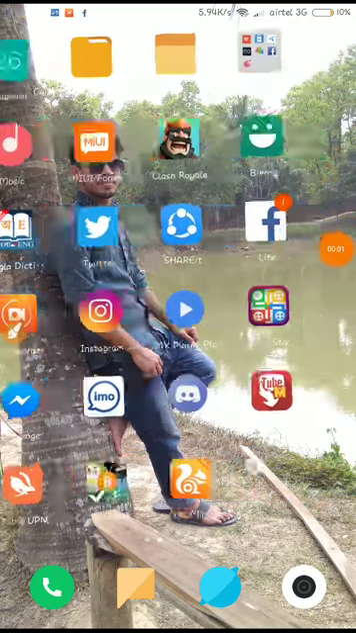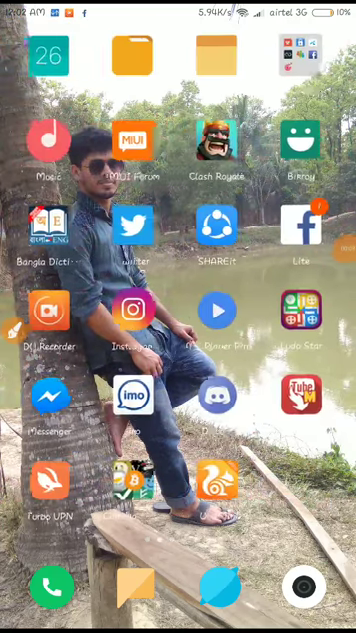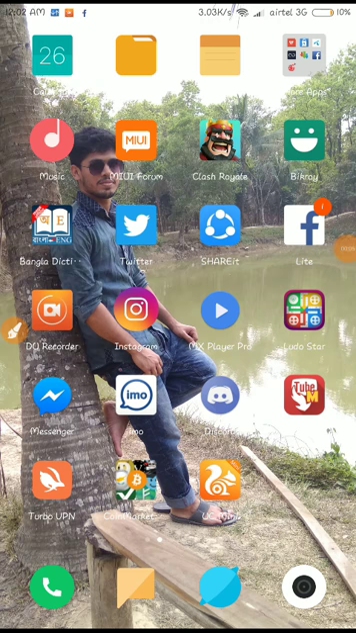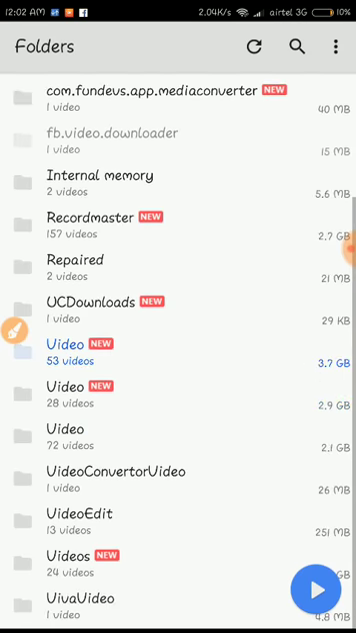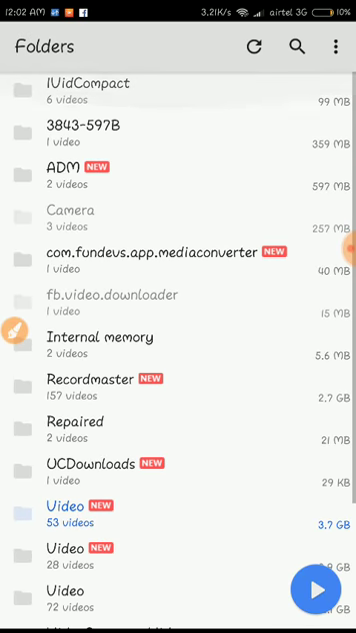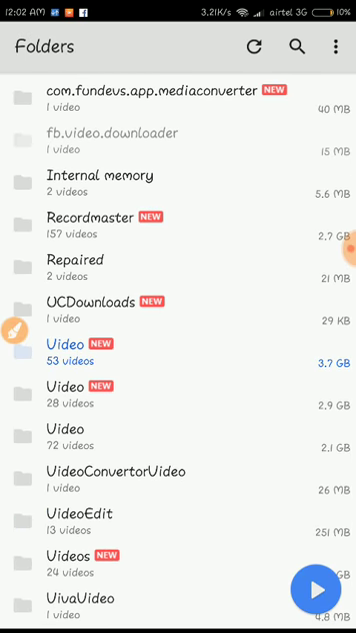Hello guys, today I will show you how to hide and unhide an MX Player folder or MX Player file. So first of all, you go to the MX Player, then you need to hide and unhide any file or folder. So I hide this folder now, then I